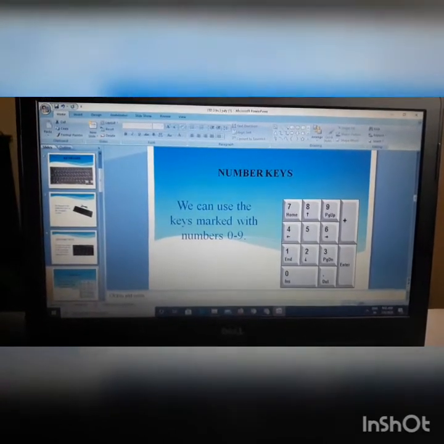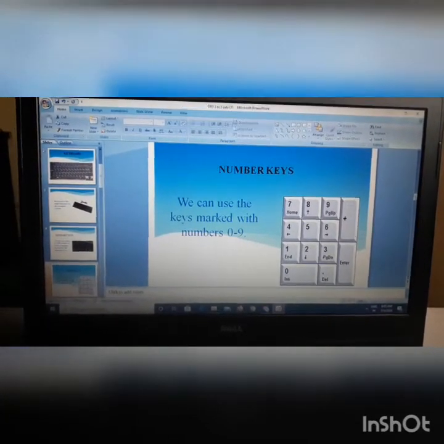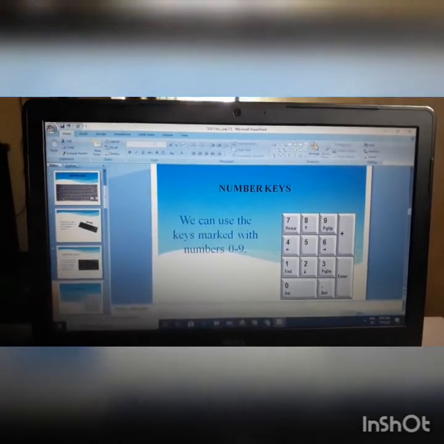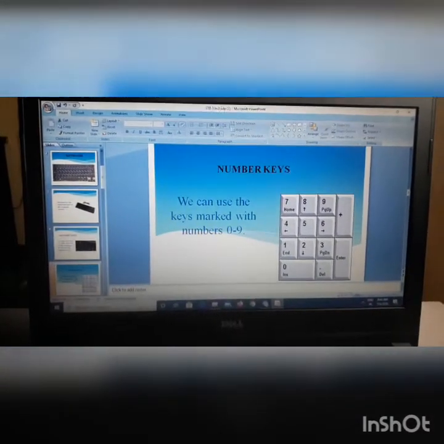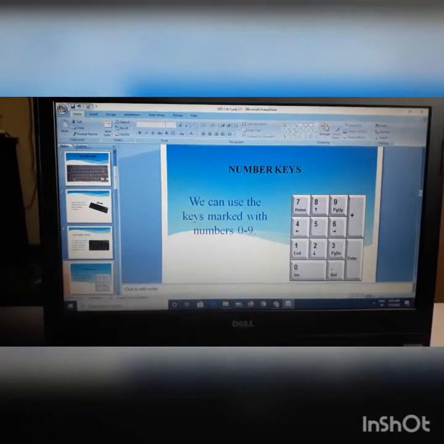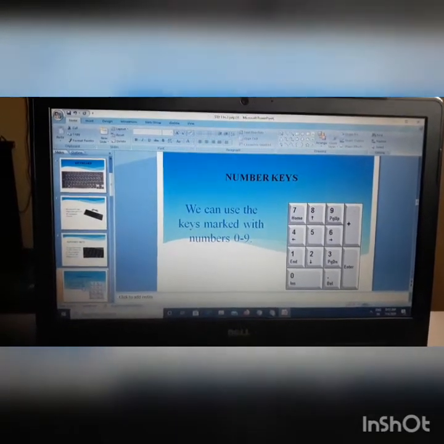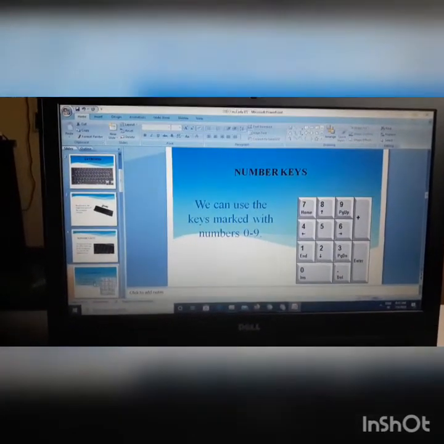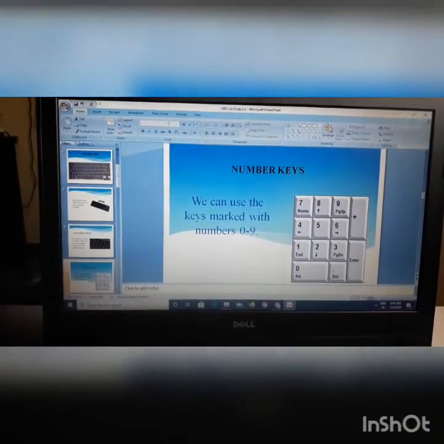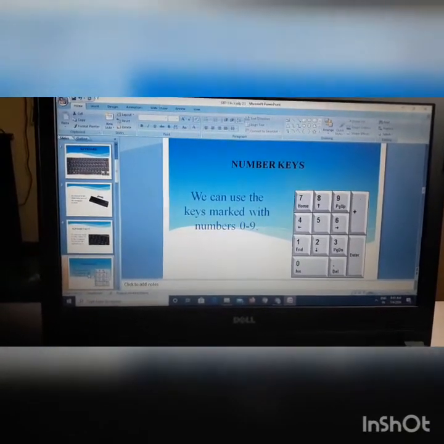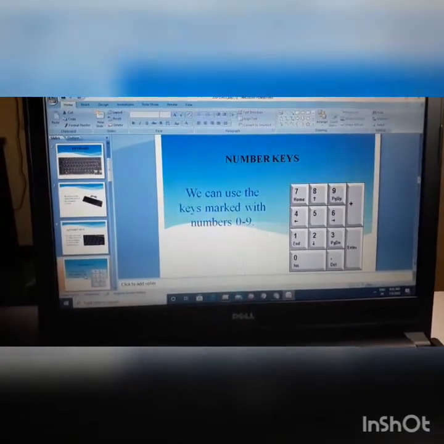You can also use the numeric keypad which is on the right side of the keyboard. For using this numeric keypad, we should press the numlock key so that the numlock key will be on.